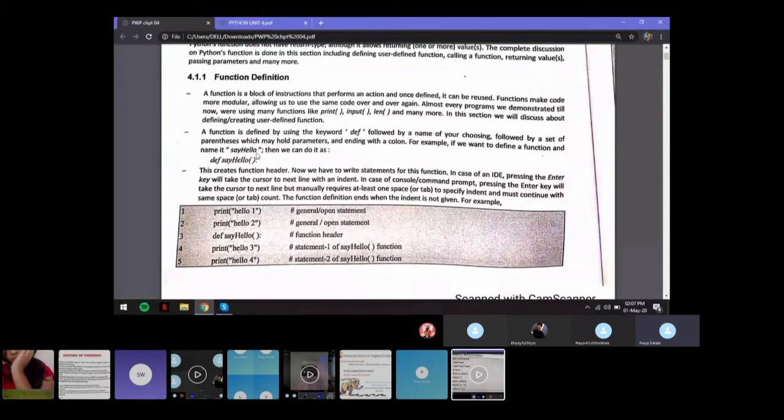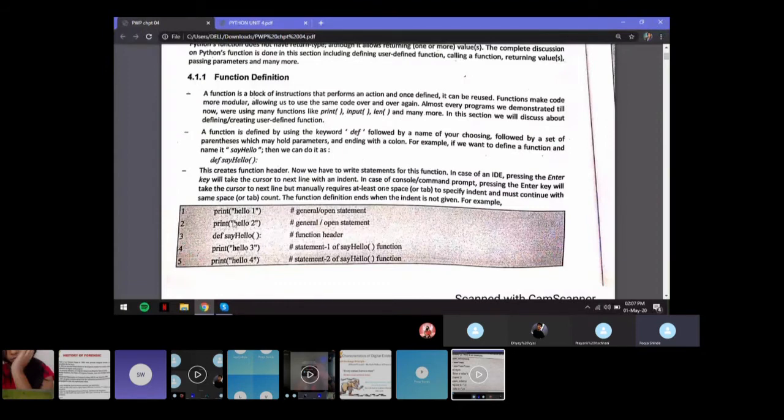Now function definition is the definition of the function where we define what the function is actually going to do. For that we use the keyword def. The syntax is def, space, the function name, followed by parentheses and a colon. For example, over here you can see in this block print hello 1.